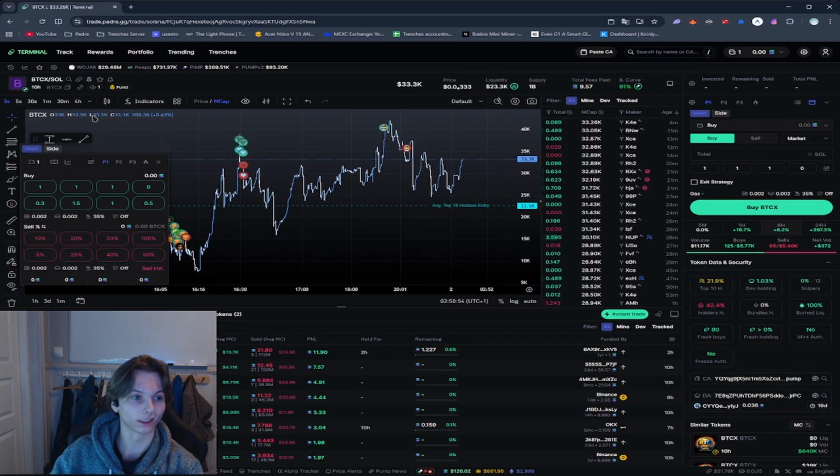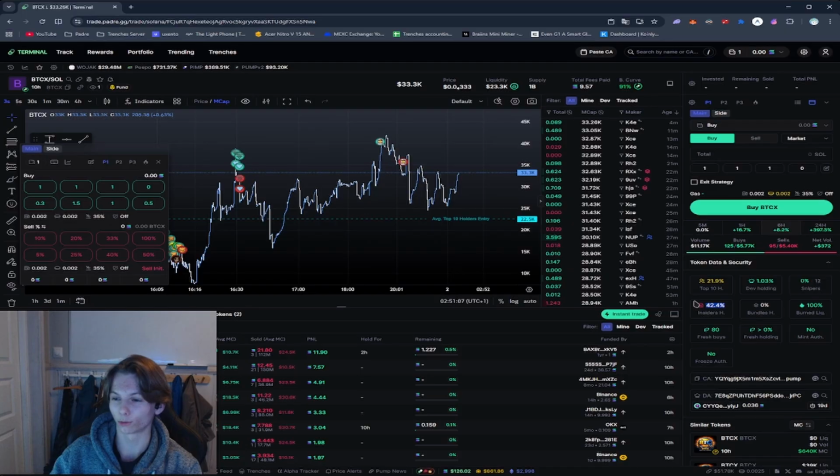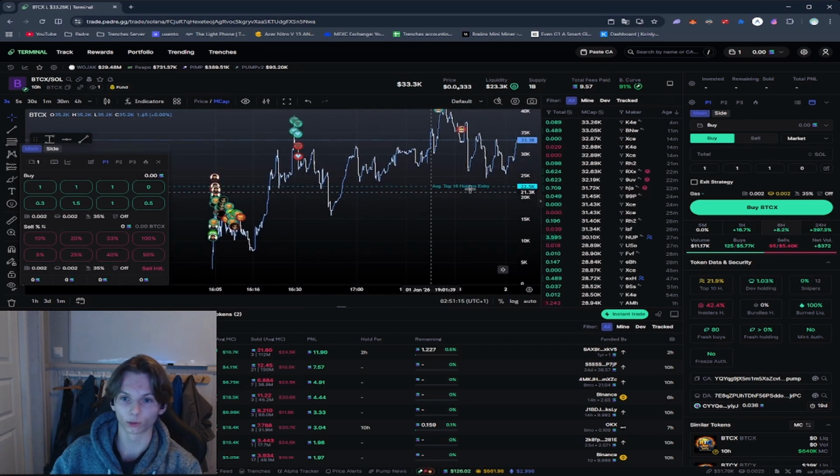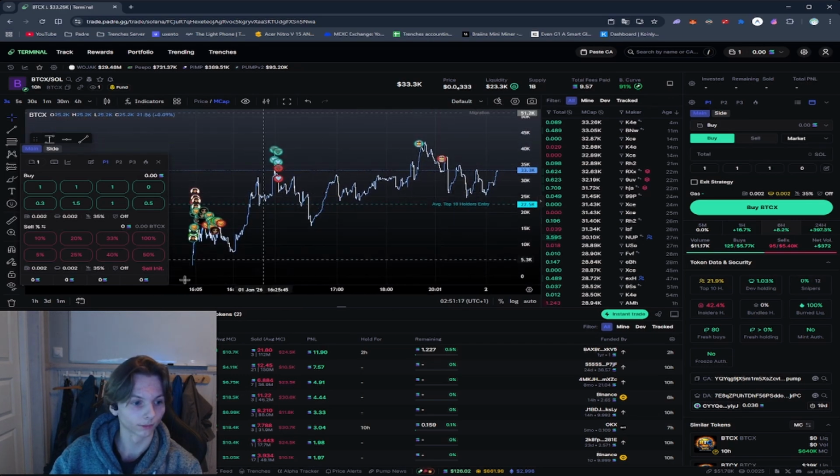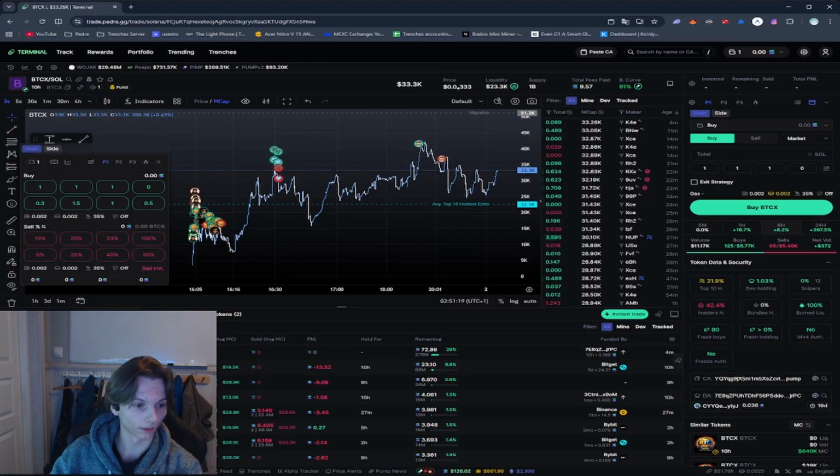It's 10 hours old. And as you can see on Terminal, you can see how many are viewing this at the same time. And I'm the only person viewing this token at this time. It's 10 hours old with 42% insiders, so it's most likely not going to go ahead. I don't believe at all this is even remotely worth it. We can see we still have a lot of holders,